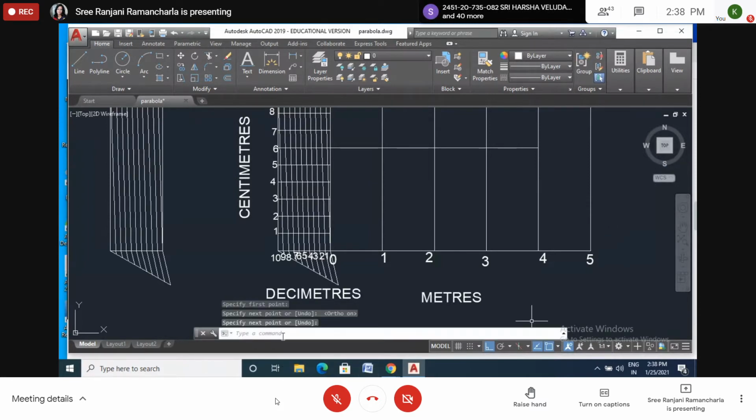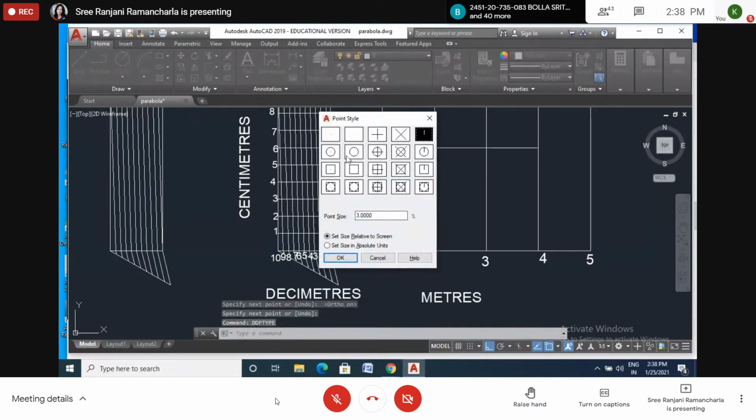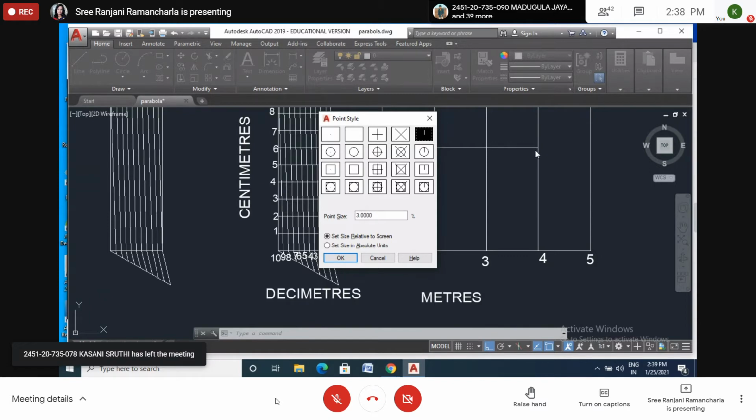Here we don't have that type of dot, only a single dot. If I keep this single dot, it is not visible here. And I don't want to keep all these types of symbols here. It looks odd, right? These were used for different purposes. Of course, these are points, but I don't want to use this one, or this one, or any other thing.